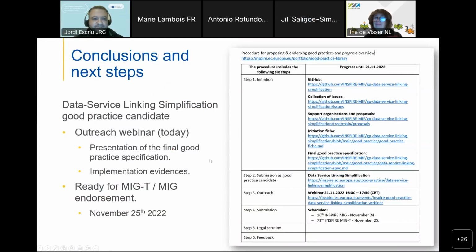So, as a conclusion for today's webinar, we are providing this final slide on the next steps. We are today in the outreach webinar, which is supposed to provide an update on the final work for achieving this specification, which were already presented and explained by the different colleagues participating and volunteering for this work. But the important thing is that today we already provided the implementation evidences from different countries, the Netherlands, Italy, France, also the evidences on the push for this good practice, also in the INSPIRE portal, and